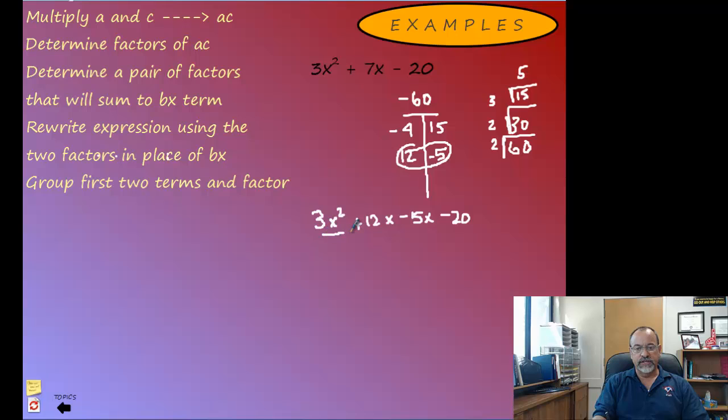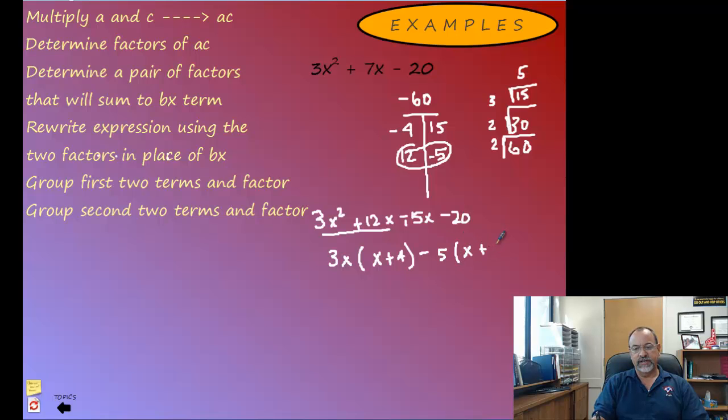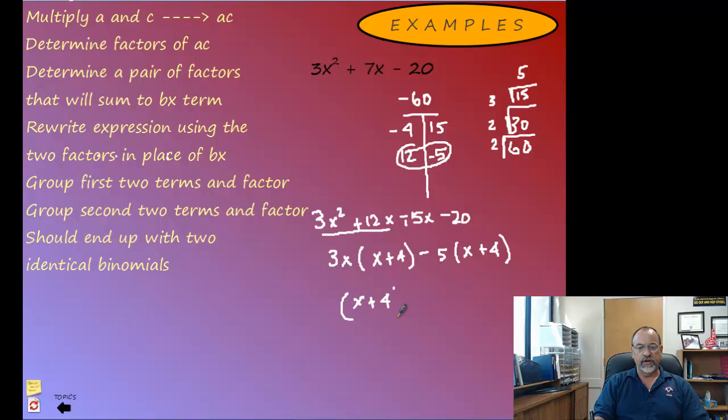So I'm going to look at just these two numbers here and factor out what's common. I can factor out 3 and x, so that's going to give me x plus 4. And then I can take the second two, so the minus sign I keep, and then 5 goes into both. And remember, I'm going to need to change this sign in here, because this negative sign out here, when I multiply, it's going to give me that. I look and I notice that my two binomials are identical. That's good. So x plus 4 is going to come out,